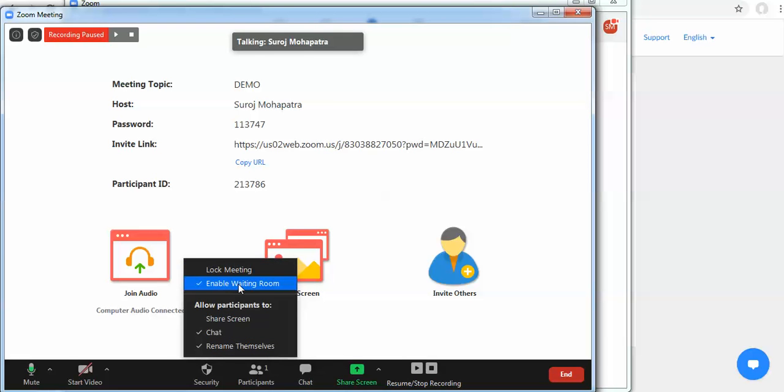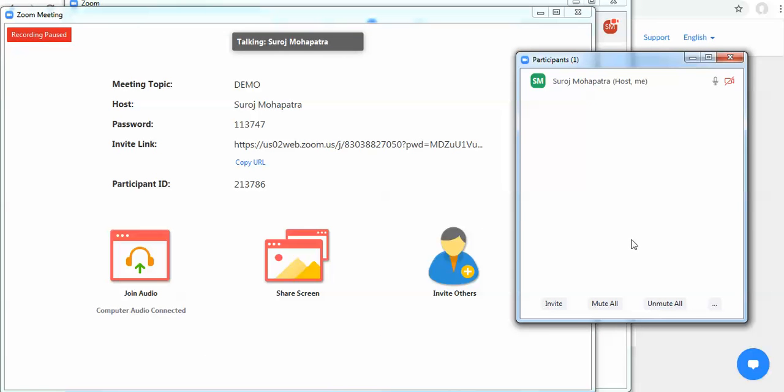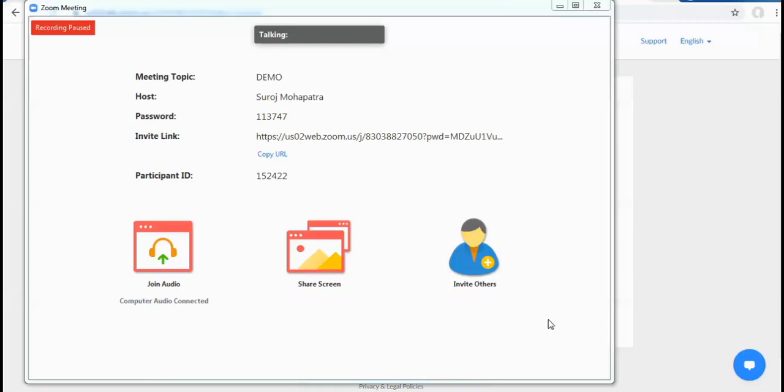Security is about whether you want to lock the meeting or not. Zoom has told everybody that once students have joined, you need to lock the meeting from a security perspective. So once the session starts, you have entered as a host, you check that all the participants have already joined. You can lock the meeting by clicking this security. If you lock it, then nobody can join after that. That's the reason they have given this option to lock the meeting, which is a security perspective. Okay, we'll end here.